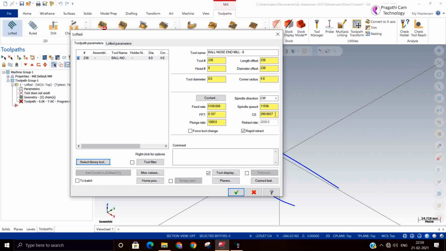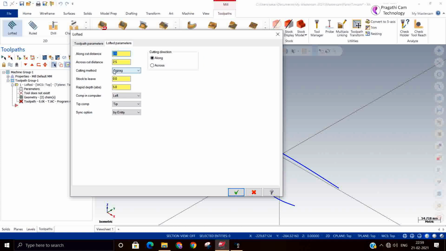I took an 8 ball cutter. You can give parameters here. Tool number also you can change. So now you can see the parameters here. Along distance 0.5, across distance 0.5, meaning along movement and across movement.